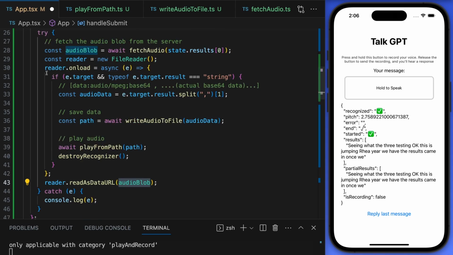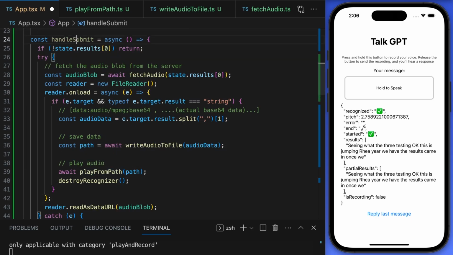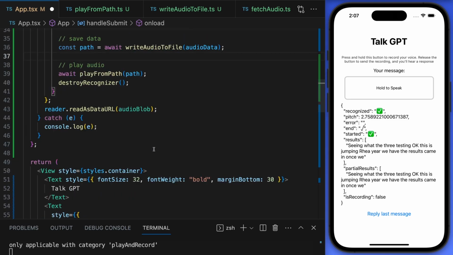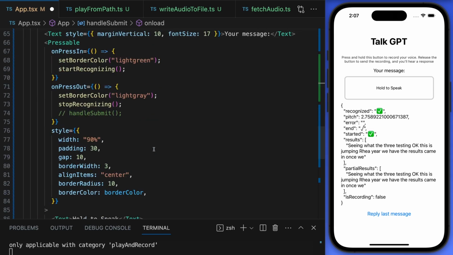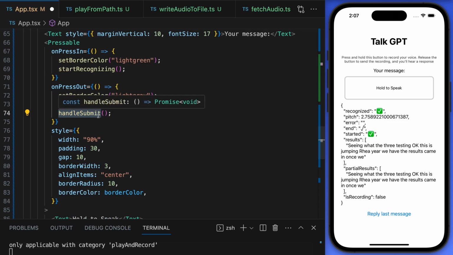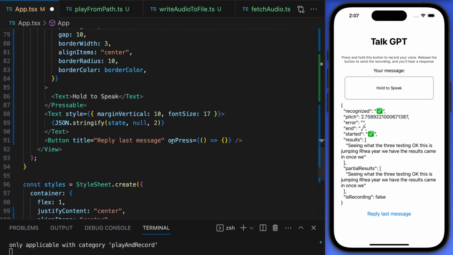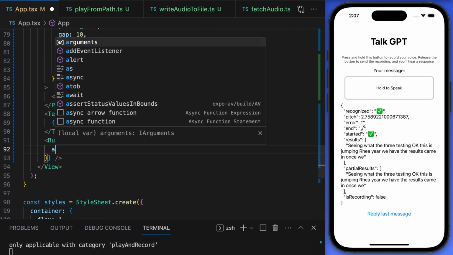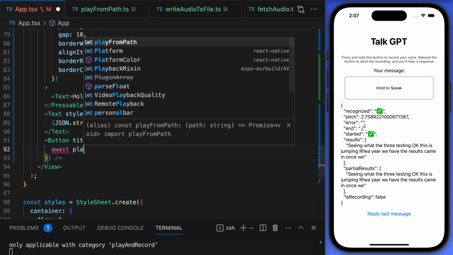This is going to just do this. Okay, and that's it, guys. So once we call this again, we should be able to just redo the same over and over again. So now what we can do is just go down here and enable this handle submit. And what we can do down here is just say await play from path,